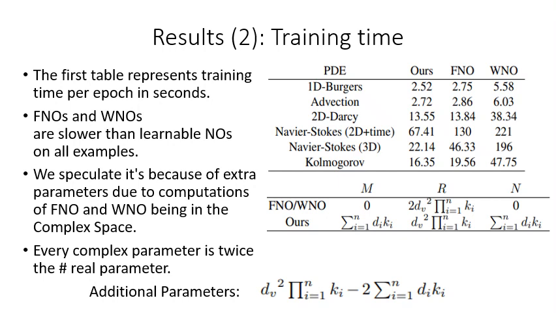We investigate the reason behind this and evaluate the total number of parameters of our neural architecture. Despite having additional parameters due to taking learnable transforms, there is an overall parameter reduction due to our tensor R being in the real space as against FNOs and WNOs where R is in the complex space. We take every complex parameter as having twice the number of parameters as a real parameter, and since we have a lower number of parameters in our neural operators, we tend to converge faster.